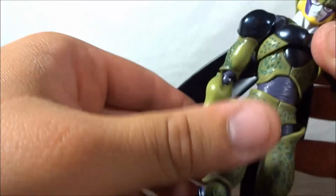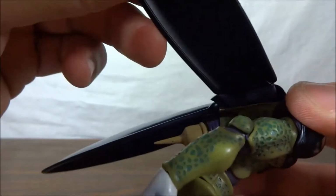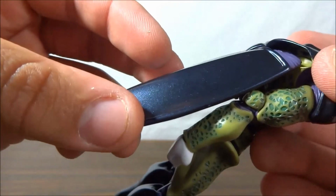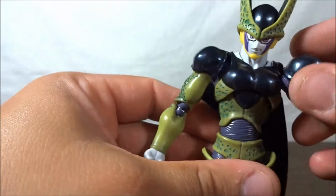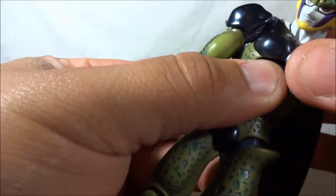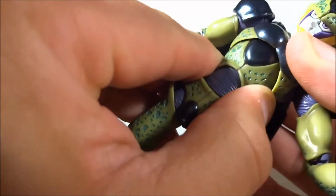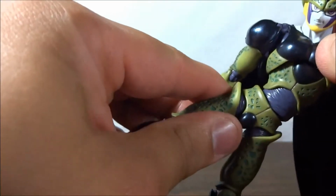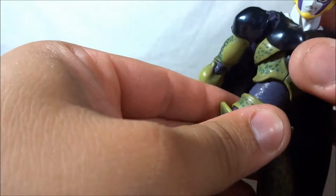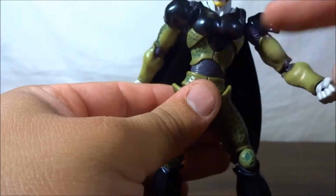Alright, his wings are also articulated, so you can move them out, move them in, move them up, move them down. They're also on what looks like a ball peg swivel, so you can get all that articulation. He has like a sternum articulation right there, like a chest articulation. So you can get all kinds of ranges of motion, for whatever pose you want to go for. Then he has an ab crunch,